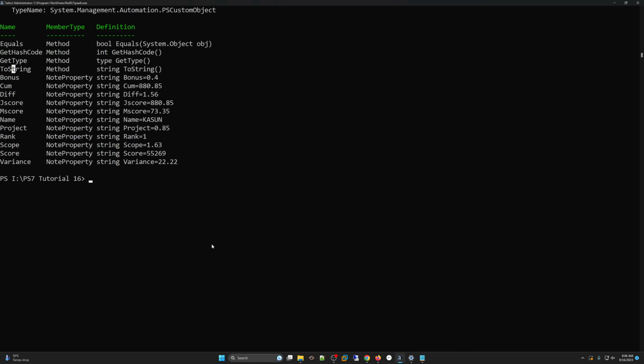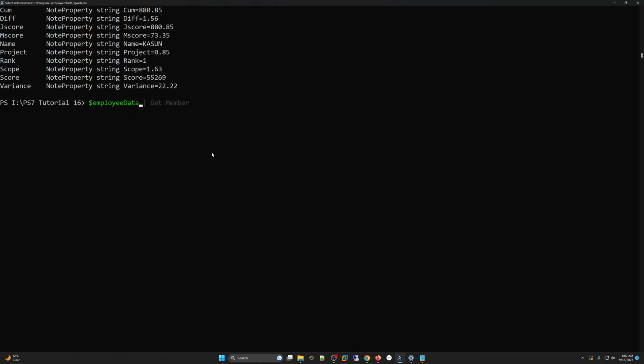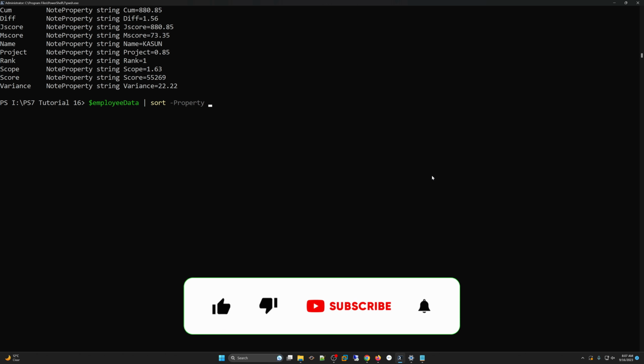Let's say I don't want all of them. So let's take that variable employee data. Remember, this variable has all my CSV data that we have imported into Windows PowerShell. So it's stored in this variable. So what I'm going to do is take that employee data and sort, remember, by a property. And what do you have for properties? We have base object,